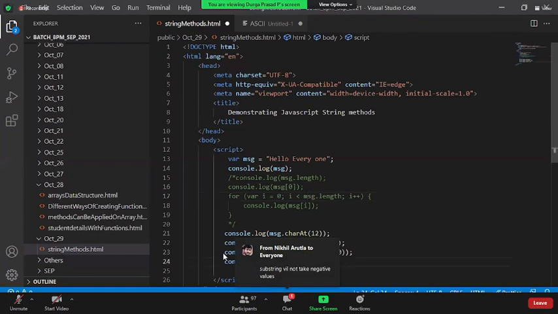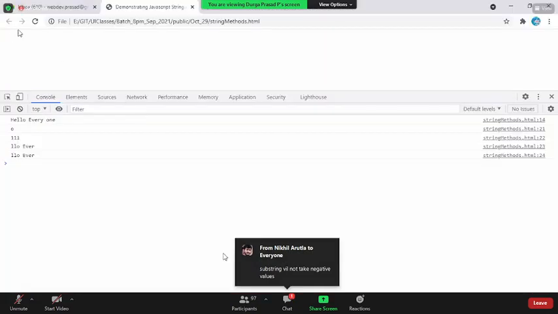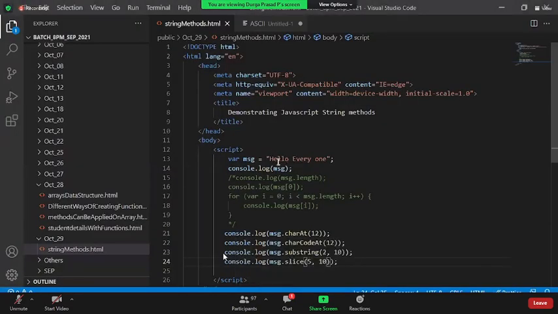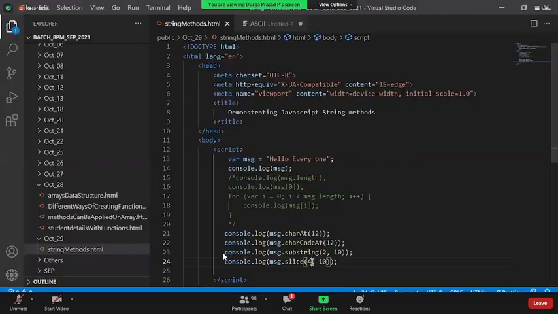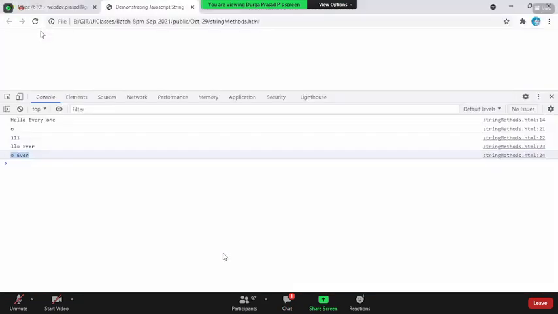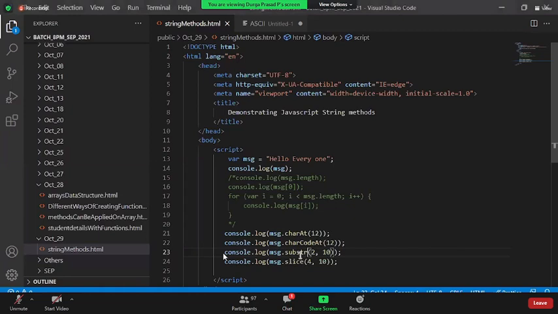I say, for example, 5. Now, if you reload the page, 5 is the space, what we got was 0, 1, 2, 3, 4. I make it as 4, 4 comma 10. Now, if you come back and reload the page, what are we going to get? It is going to start 0, 1, 2, 3, 4, 5. Why is it coming like this? Oh, I should use SUBSTR. It's not substring, it is SUBSTR. So there is a difference between SUBSTR and slice.